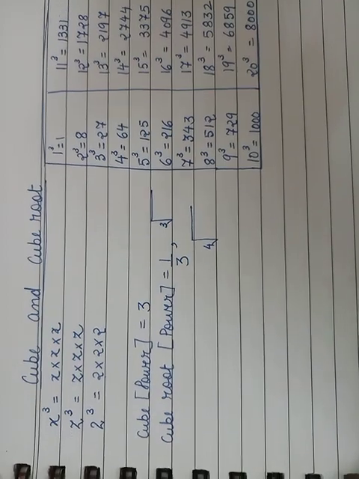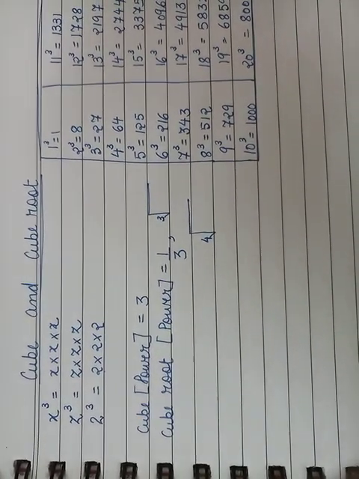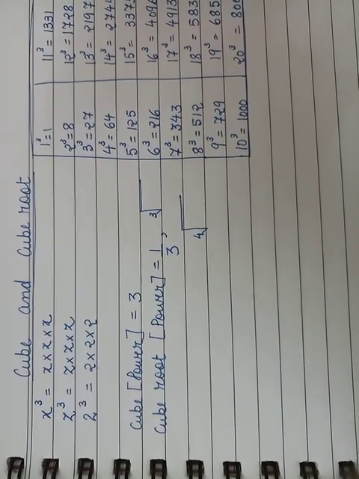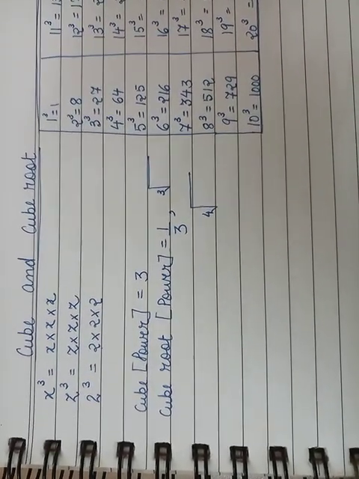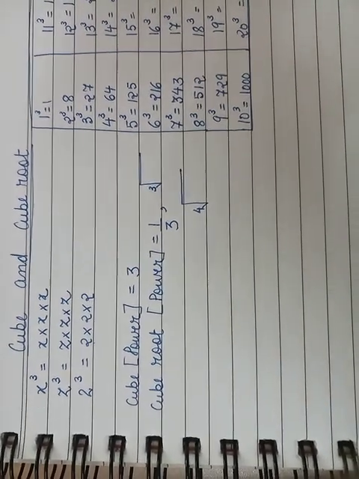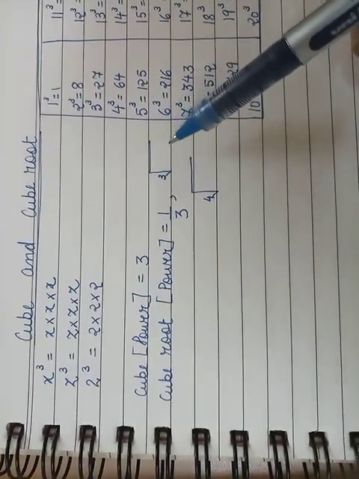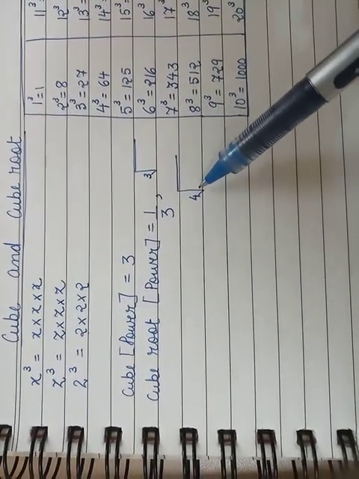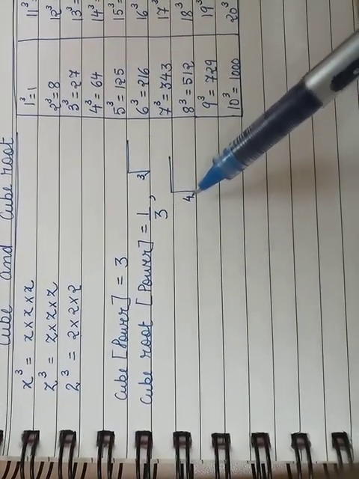So this way we learn cube is the multiplication of a number by itself 3 times. The power of cube is 3. And the cube root is, we look for any such number which when multiplied 3 times by itself gives that number. In cube root, the power is 1 by 3 and the symbol for the cube root is root sign with 3. The symbol for the fourth root is root sign with 4.